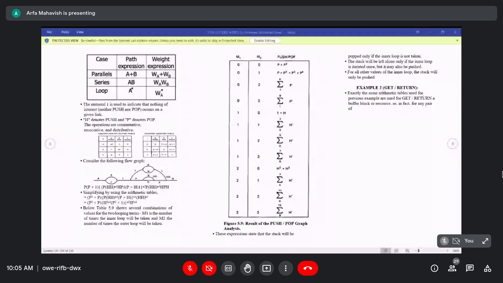The same way, with two simulating pop operations, the stack pointer will be decreased by 2, as a total of 2 elements are removed from the stack. Okay, if you are doing P2, which is nothing but a pop, then P2 power 2, at that time we are reducing 2 elements from the stack. If you are doing the push operation, this means you are adding 2 elements on the stack.